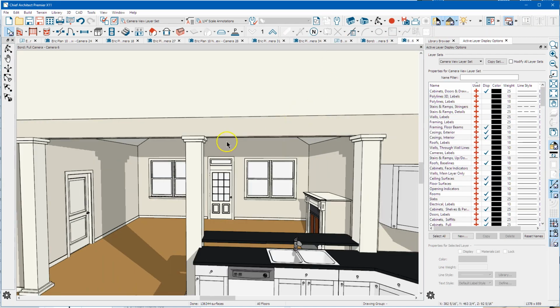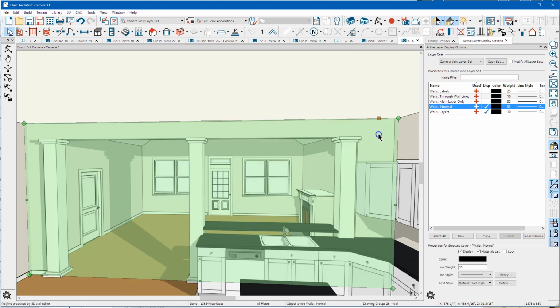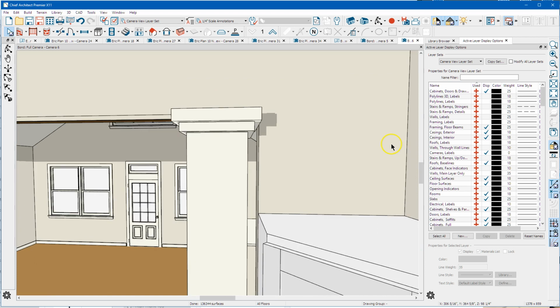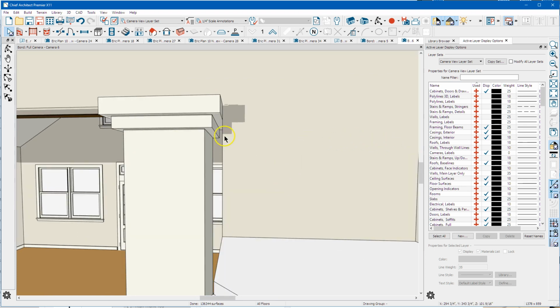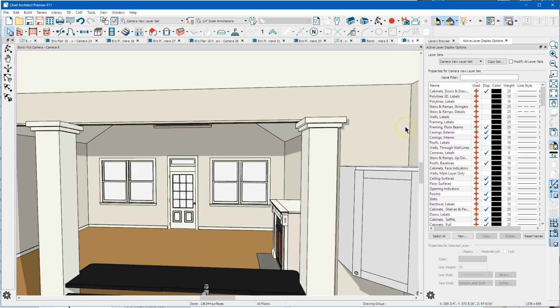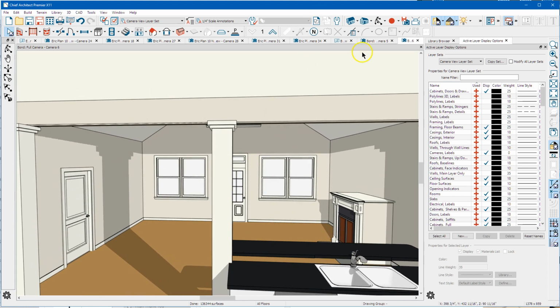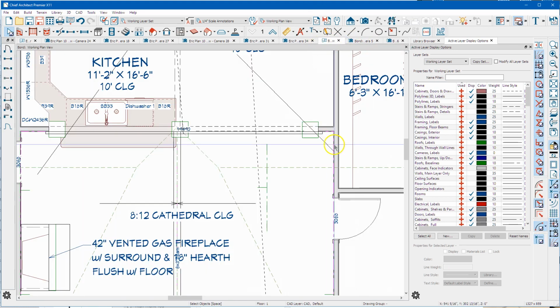Okay. And you can see how that makes that entire wall nice and clean looking. You'll have to drag the corners in, or the edges in, to where they butt up against the column probably. And then if you want, you can always go in and